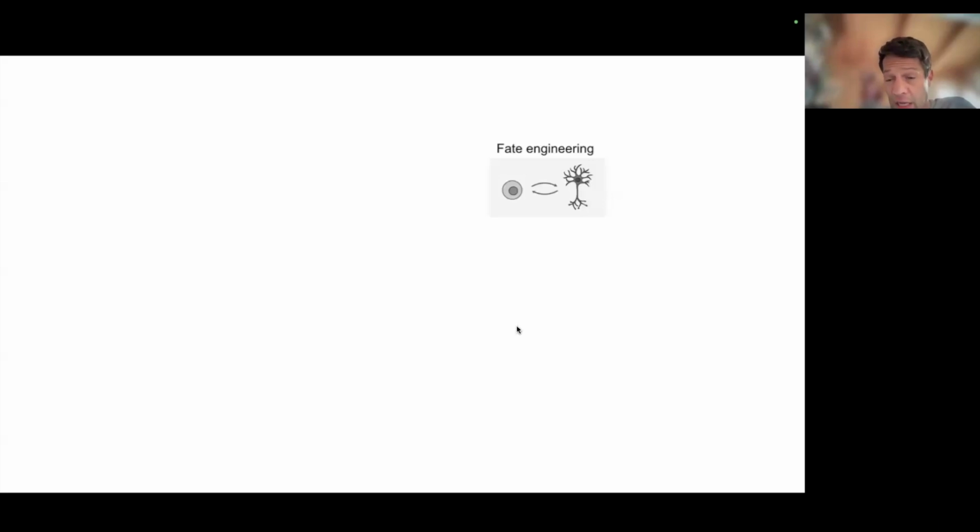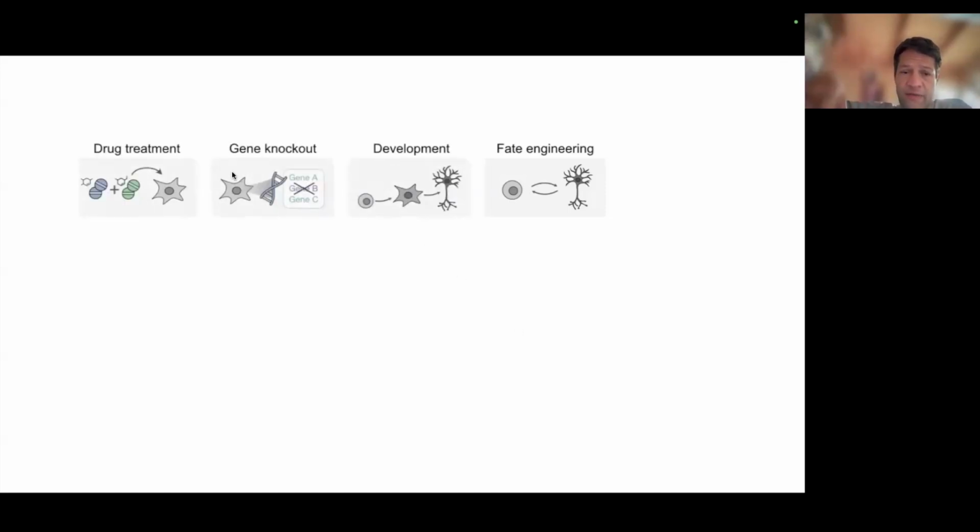One of the examples is going to be fate engineering. Remember, I talked about those brain organoid protocols. Can we now come up with an optimal protocol to generate some of these mid- or hindbrain type cell sets that we don't find? This is our motivation. But of course, this goes for many other things. You can look at development, at knockout or drug treatment predictions. So that's the whole battery that you can do.